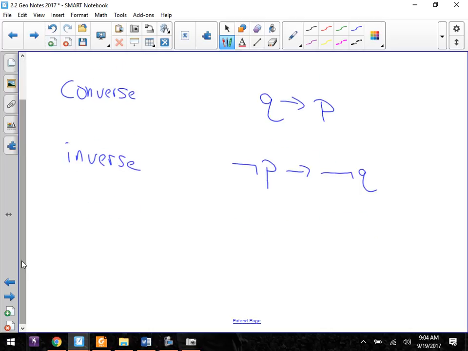So inverse means not P implies not Q. All right. So conditional, P implies Q. Converse, Q